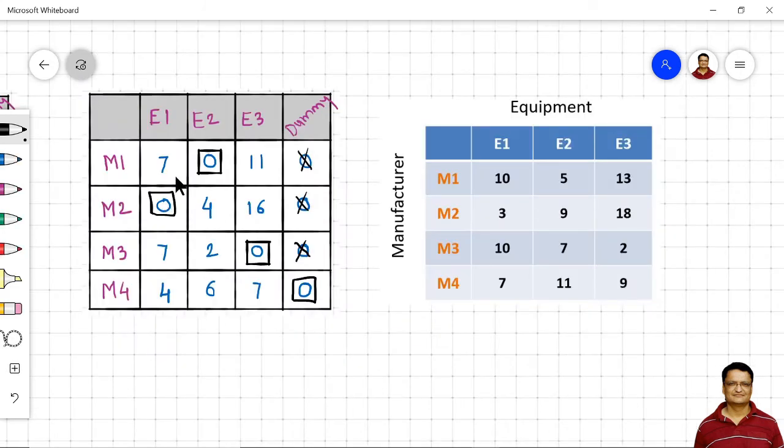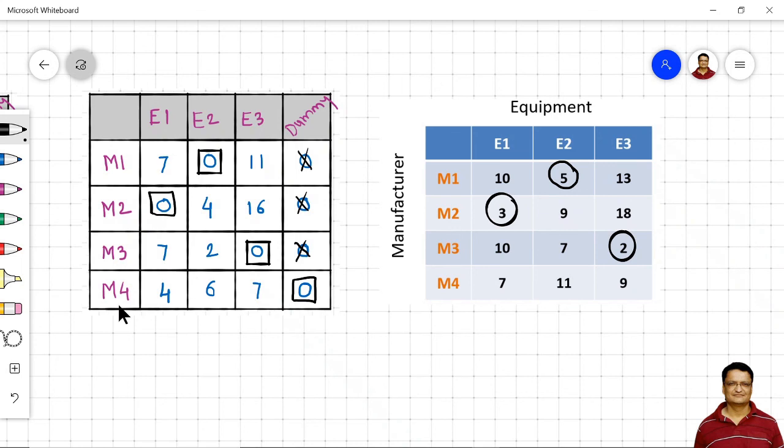If you take a look at the assignments that we have got, equipment E1 is to be purchased from manufacturer 2. Equipment E2 is to be purchased from manufacturer 1. And equipment E3 is to be purchased from manufacturer 3.